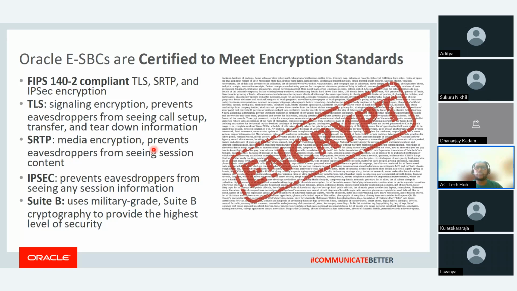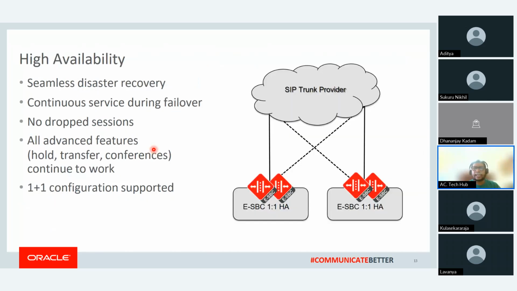That kind of tweak you can also achieve on this Oracle SBC, because nowadays security fraud is happening very much in VoIP telecommunication. So we have to be aware of these protocols so that we can utilize them on our Oracle SBCs more and more. This is high availability, how you can achieve it in terms of disaster recovery, and there would not